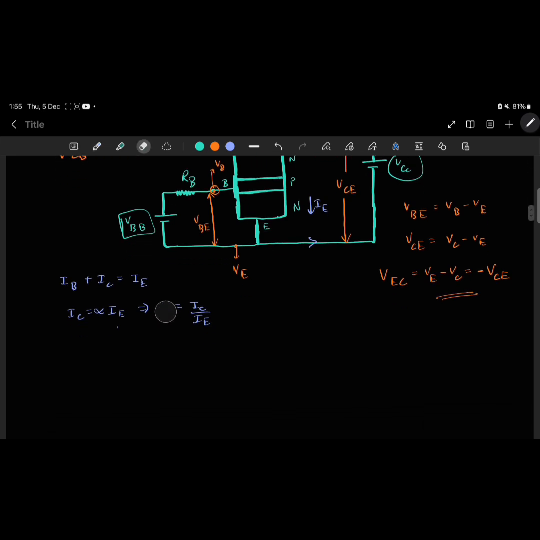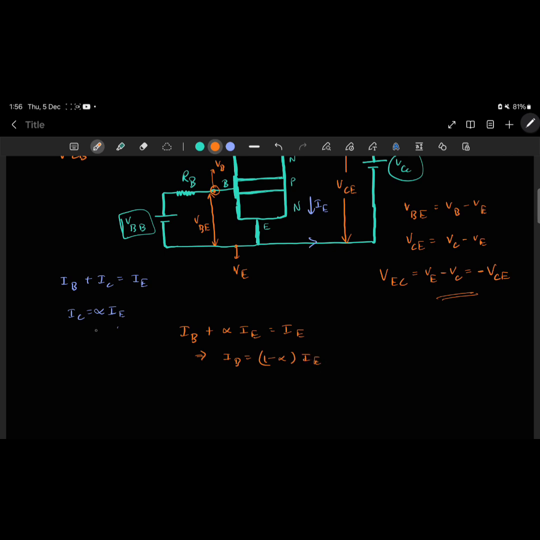Now, if we substitute the values of equation 2 into the first equation, then we get IB plus alpha IE is equal to IE. This implies IB is equal to 1 minus alpha times IE,